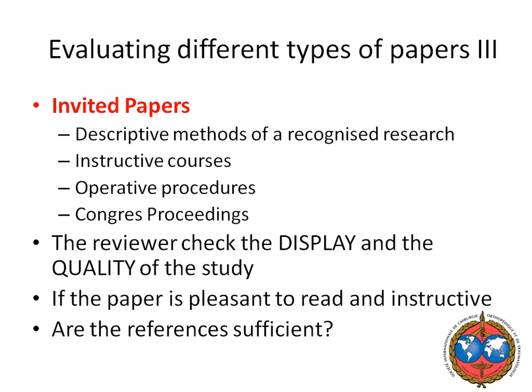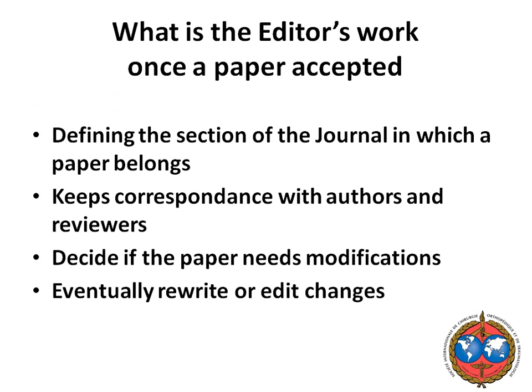Then he will look at the references, and as James Scott was pointing out, each journal has different display of references, so this display is important. Once a paper is accepted, the editor will define the section in which the paper will be published. It belongs to a part of the journal. He will keep correspondence with the authors and reviewers, and he decides if the paper needs modifications or rewrite or